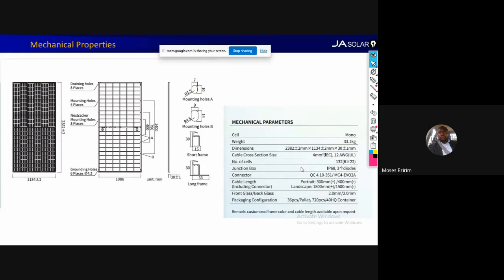All right. So you can see 3 diodes. Now, every module has diodes, and I'm sure you know the function of the diode. The function of the diode is to prevent the whole module from being affected by shading. I'm sure you know the effect of shading. It decreases generation. So we have the bypass diode, so that once one side is shaded, the current is bypassed to the other one, and you still have your power. You understand? You still have substantial power to roll with. All right. So the connector is QC4 and MC4.